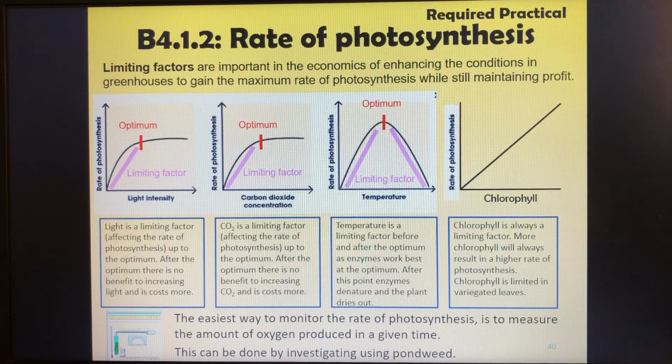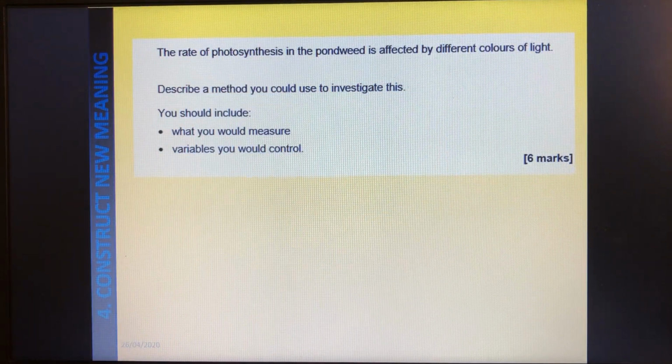If you need to pause, pause now. Okay, we're now going to look at a 6-mark exam question, just to show you really how we can investigate all of these different factors, and then we get into the exam and they give us something totally different, okay? And this is a real exam question that we're going to have a go at for 6 minutes